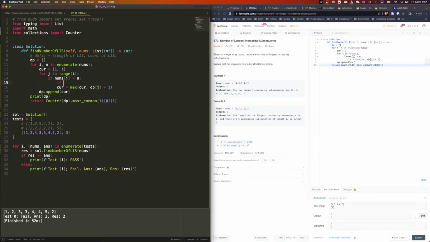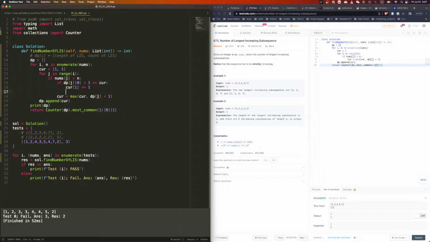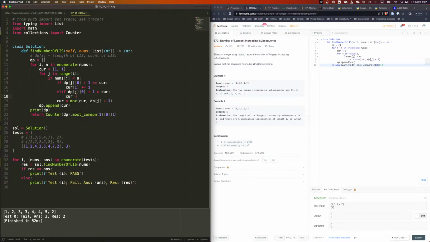If dp j 0 plus 1 is equal to current, then current 1 plus equal 1, we find another one, right? If dp j 0 plus 1 is larger than current, then current equals dp j 0 plus 1 and a 1. Count as 1.